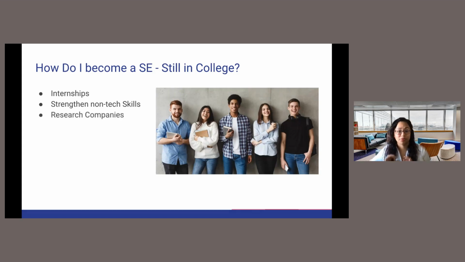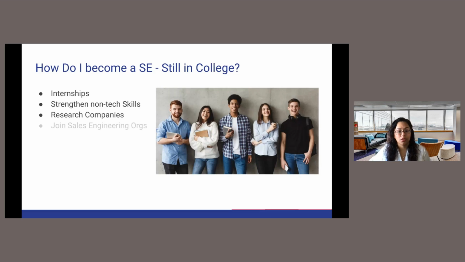Do your research. Research is very important. Research the companies that you may want to work for. Research what they stand for. Sometimes you're going to be surprised that some of these companies actually offer some software for free, or that they even have introductory courses that are for free. Take them. It's a great opportunity for you to get your feet wet and understand if you like the company, if you like the products, and if you could actually see yourself being part of the company as a sales engineer.